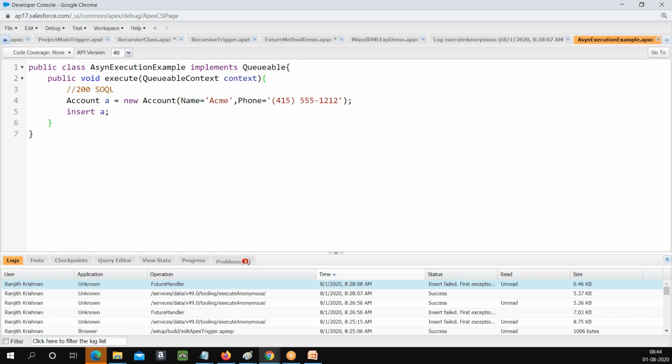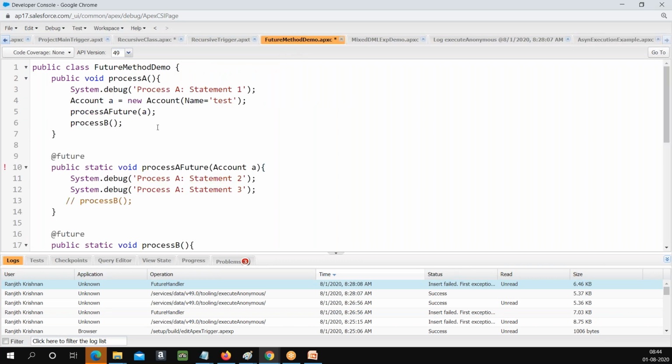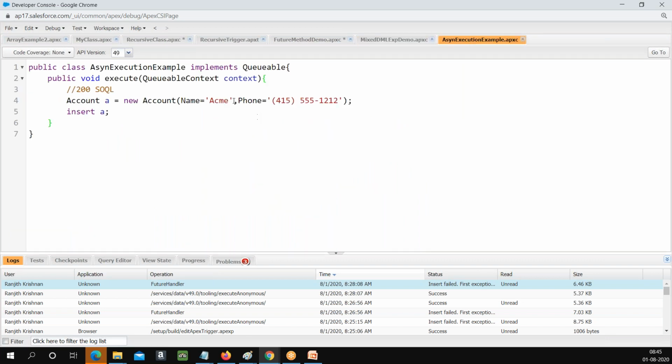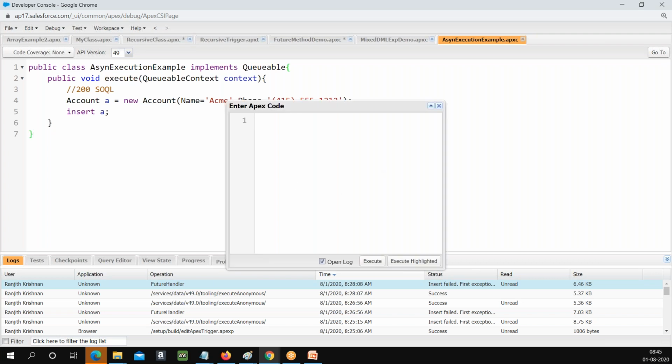A future method is just a regular method, so you can call it like this. But how do we run Queueable Apex? Queueable Apex has to be performed in a different way. Let me explain that. If you'd like to call this method, you first have to create the instance,